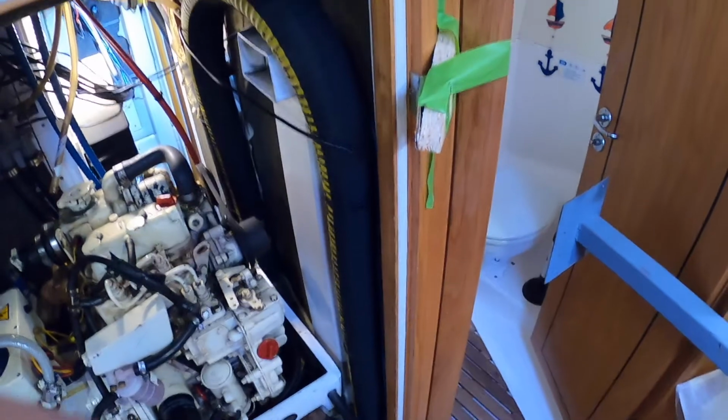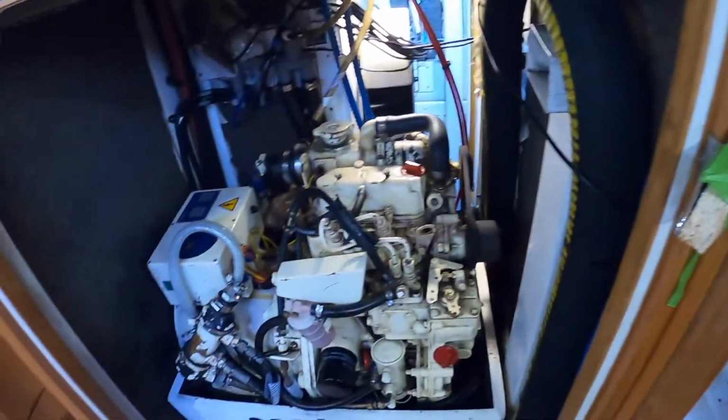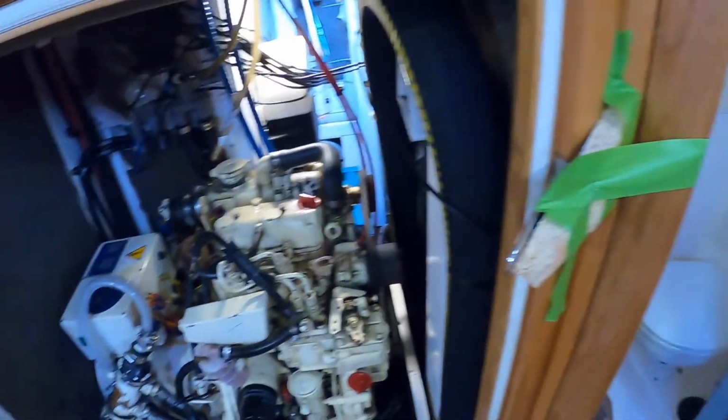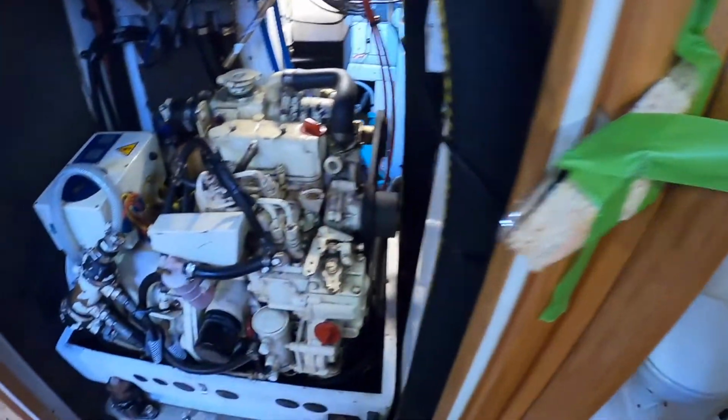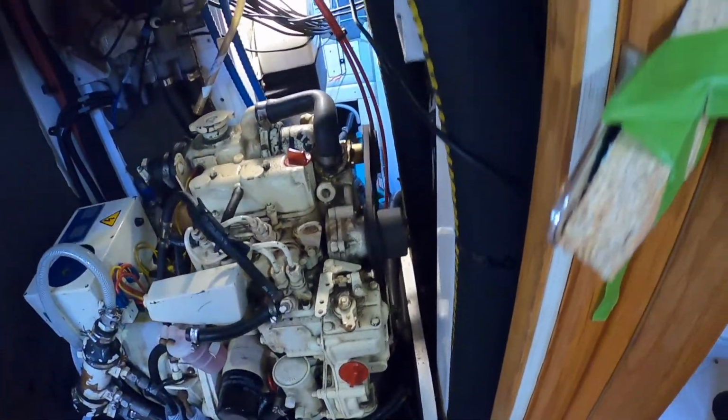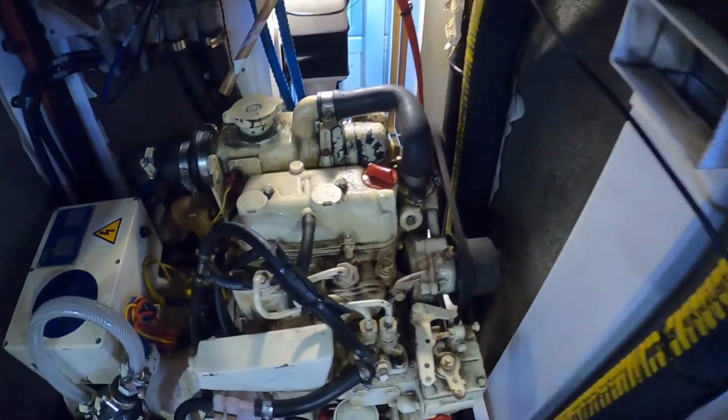Okay, so we're starting to get ready to take this generator out, a 6 kV generator. Got the camera mount here, so we're all set for pictures. The intention was just to take a lot of photos to start with and make sure I understand what's in here. And around the back,